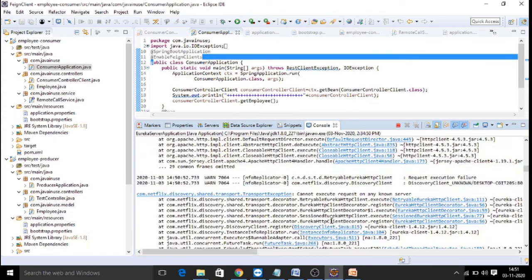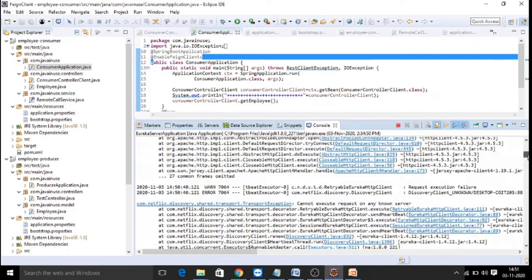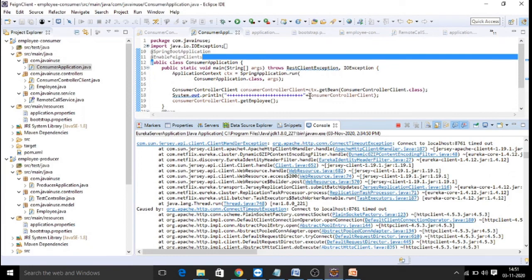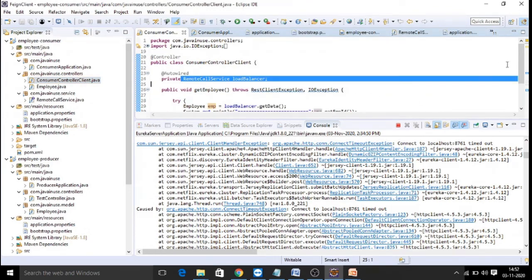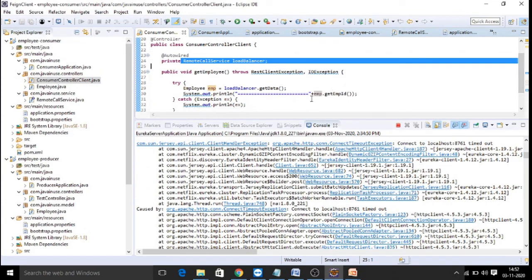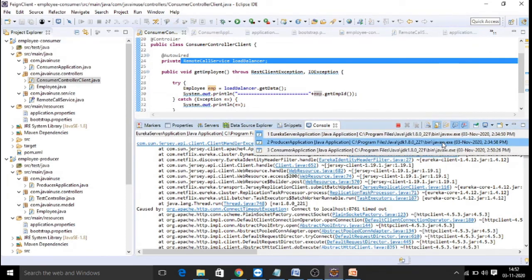So this is the object you are printing. That's what I am just printing here, the controller client instance. And in the controller client, we would just like to display our employee ID. So this employee ID is also getting printed into your consumer console.